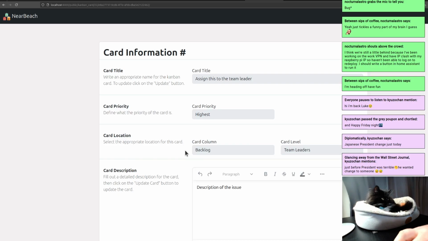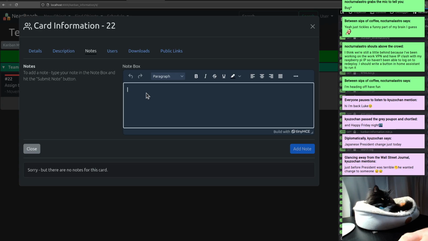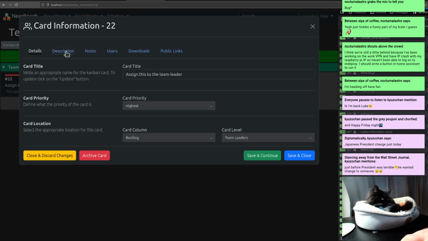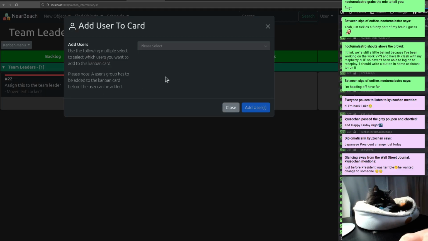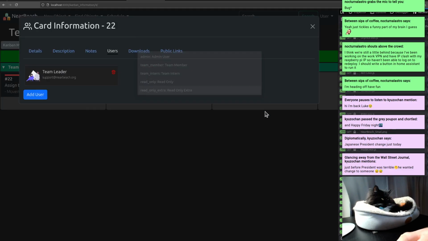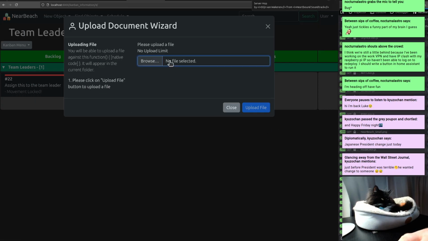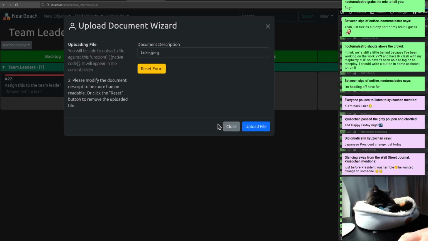And the reason why we're not showing any other bit of information and so forth like that is because you kind of don't want to share notes and stuff like that. Because the description and details should only be the things that people externally should be able to read. You don't want who's assigned to it. Definitely not. And you don't want any documents to